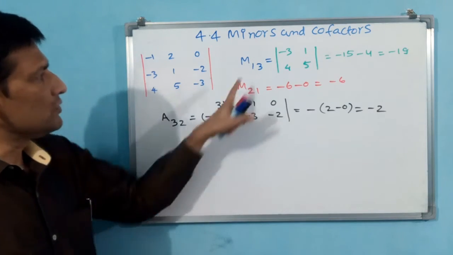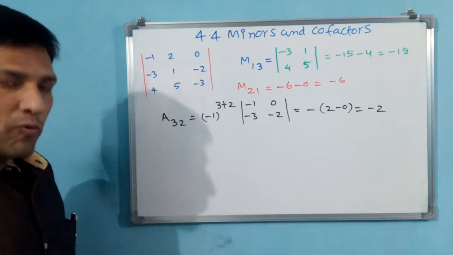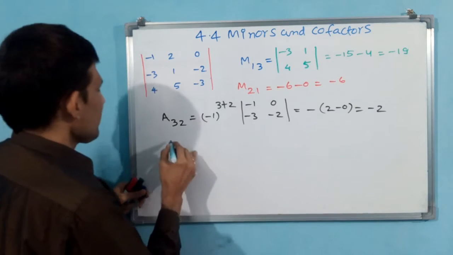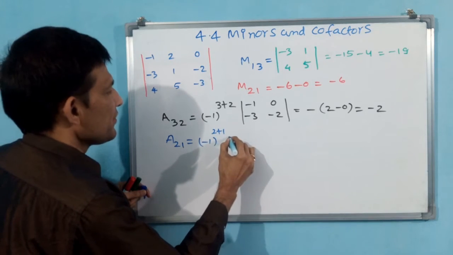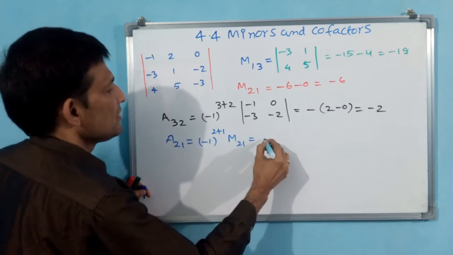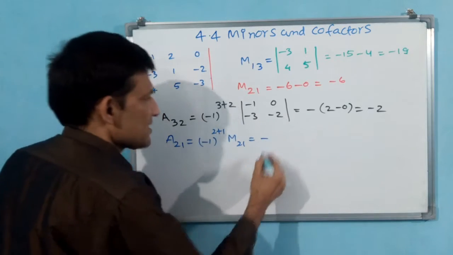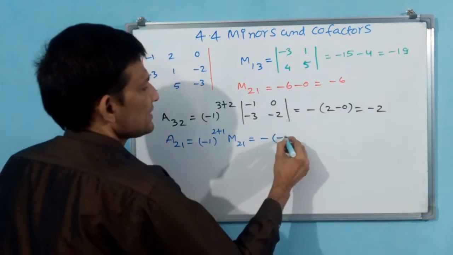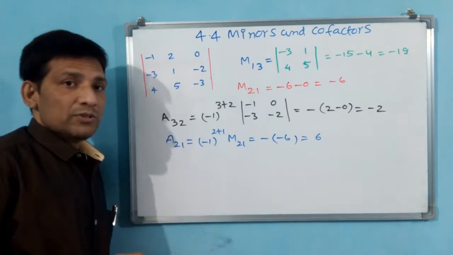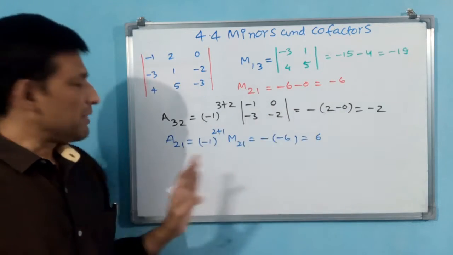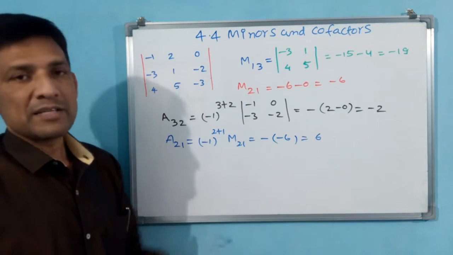Okay. Now what we do? One more we will find. Let's find A21, the cofactor of the element in second row, first column. A21 is equal to (-1) whole power 2 plus 1 into M21. (-1) whole power 2 plus 1 means what? -1 cube means minus only. Minus of M21. How much has it come? -6 has come. What will be minus of -6? That means +6. That's all. You see now, in the minor it is -6, but in the cofactor it has become 6.